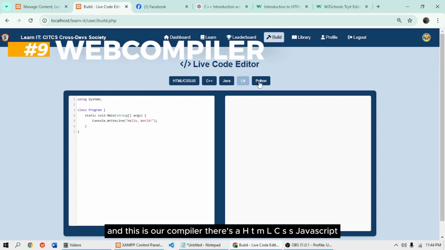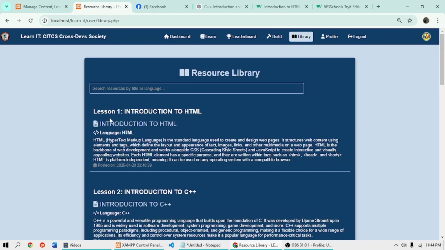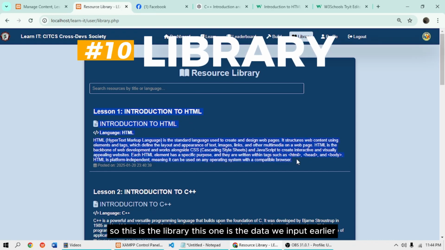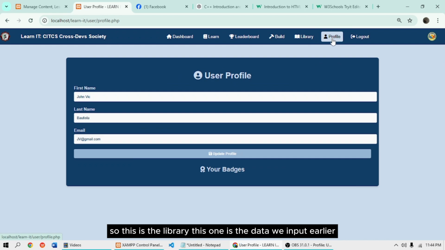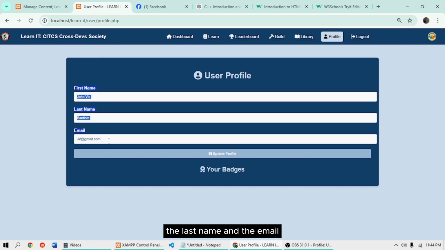There's HTML, CSS, JavaScript, C++, Java, and Python. So this is the library. This one is the data we input earlier. And this is the user profile where you can edit your username, the last name, and the email.